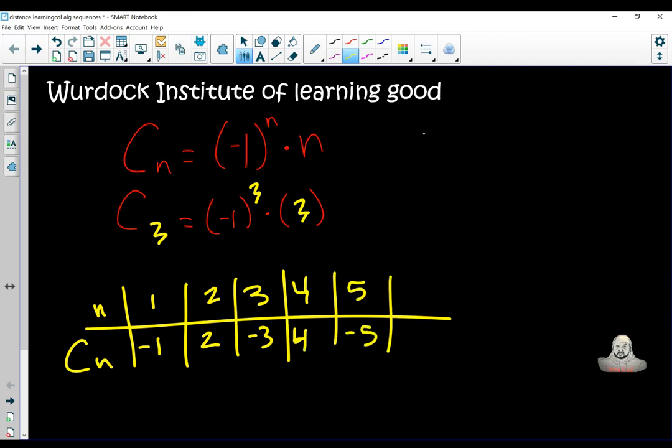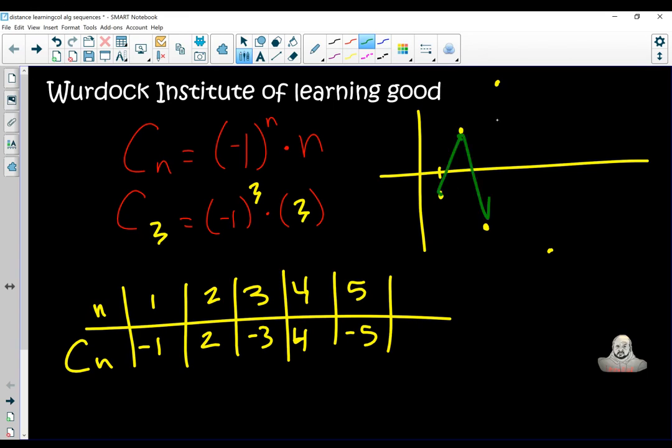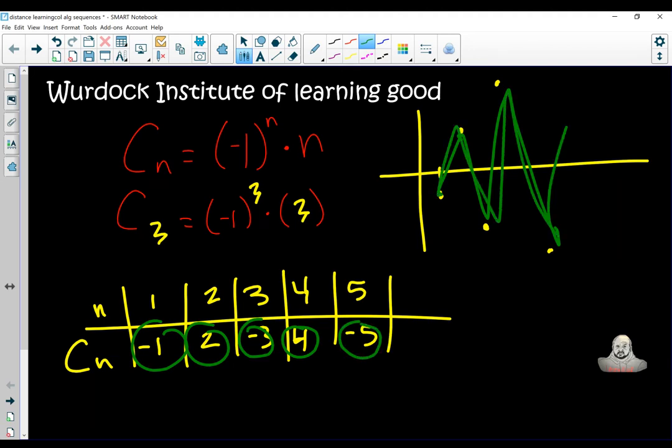Your first term of your sequence is negative 1. The next one is positive 2. The next one is negative 3 and positive 4 and negative 5. Again, not linear. It's called alternating. The alternating just means that the value of your signs toggle back and forth between positive and negative, and they kind of flop above and below the x-axis. I'm going to just glance at the